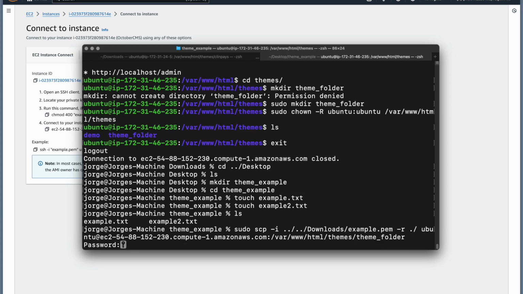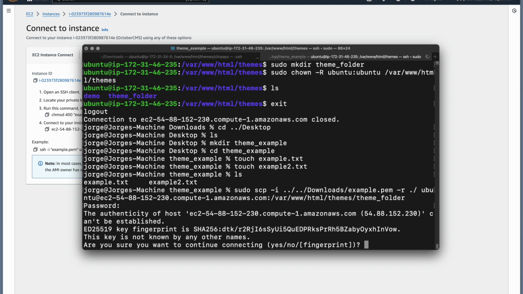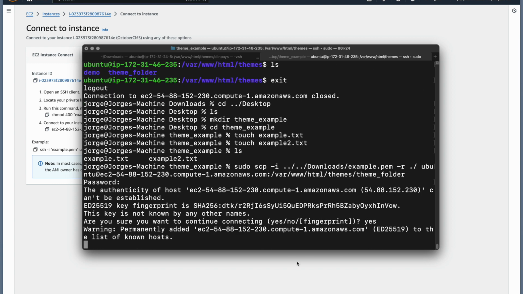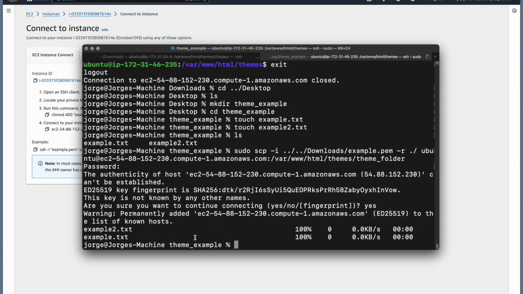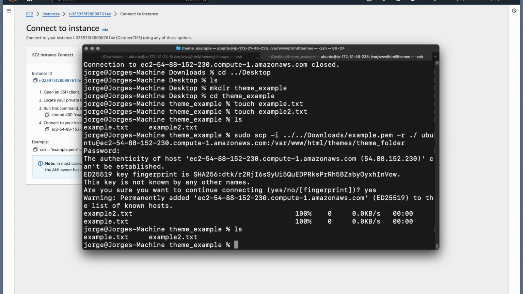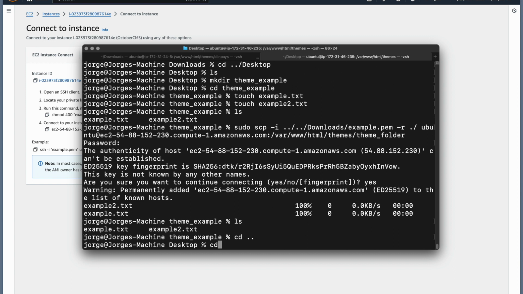I'm just going to hit enter, put my password, yes, and it should work. There you go. So you see the two files were copied from my machine to the EC2 instance. So I should still see the two files here, you see? And if I go to my downloads folder, if I navigate to the downloads folder,